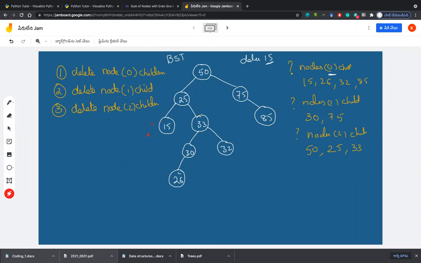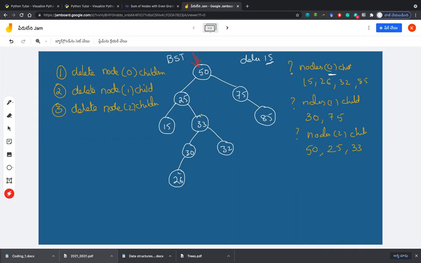Now my question is, how will you delete it? When I am here, I find that 15 is equal to the number to be deleted. How do you delete it from the tree? Any answer? 25's left address equal to none. But we are already there, right?